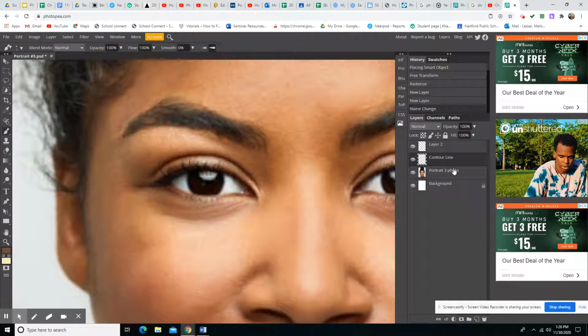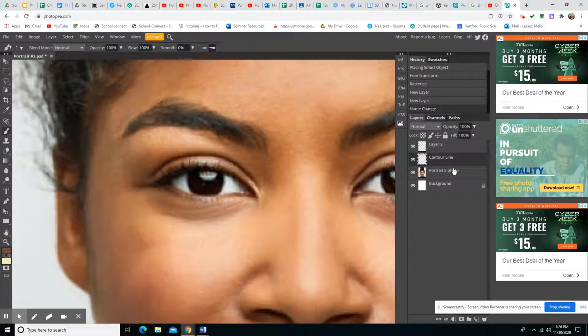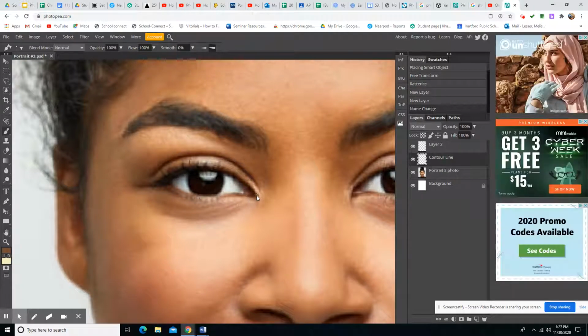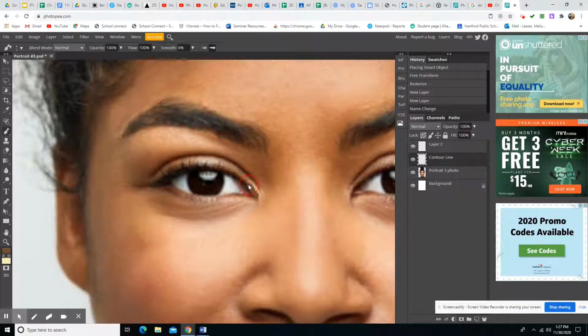I had somebody do a whole project and they were on the wrong layer, so the whole thing couldn't work. So make sure that you are on the right layer. So we're going to do contour lines on this layer and then painting on this layer, okay? So I'm going to come in and I'm going to draw on top kind of roughly where I see her eye